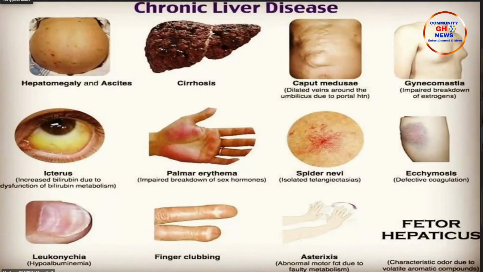Also, your fingernails change. As I mentioned, the liver is responsible for the synthesis or production of proteins. Proteins are for body building. It helps our nails to grow, our hair to grow, and all that. So if your protein levels are low, you notice that your nails also develop this color from the picture. It becomes whitish, and it will not be smooth.